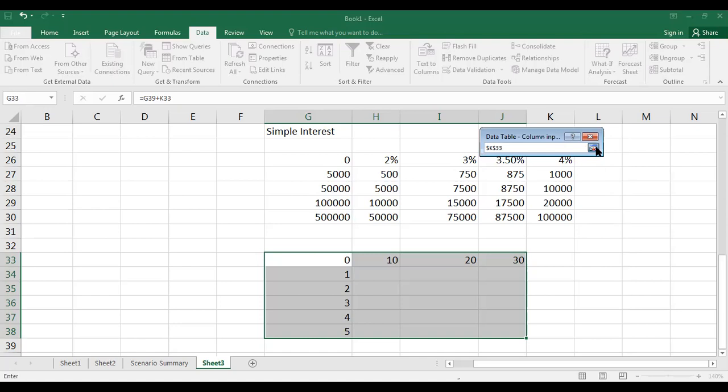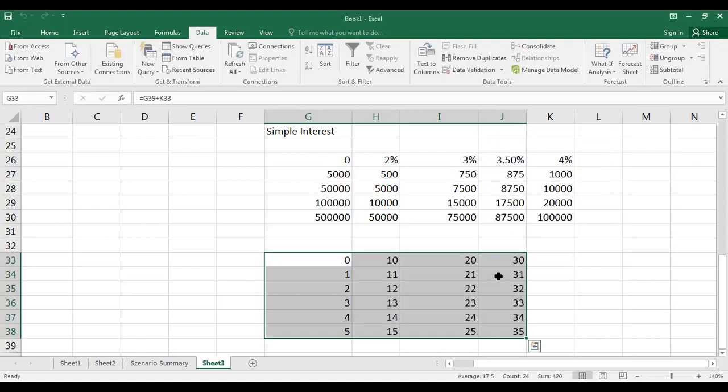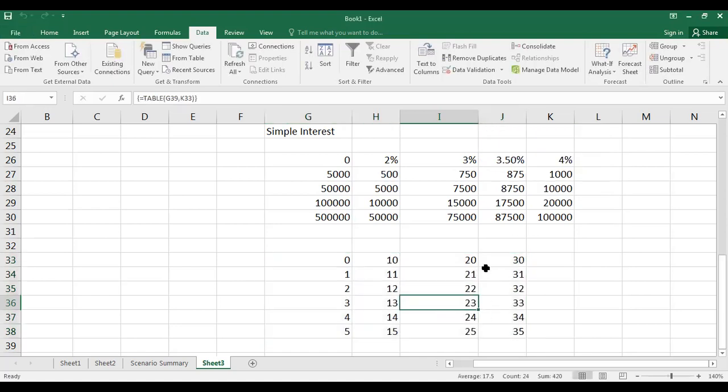So whatever addition work, it will happen now. You could observe, this is a combination of the column value 20 and the row value 3. So I got 23. Everywhere the formula is filled properly. You need not fill that, write only once, and automatically this data table will fill for us.